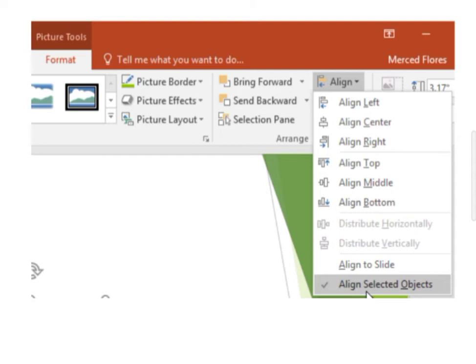First is left align. Left align the text towards the left side of the document. Right align the text towards the right side. Center align the text between left and right edges. Now the last is justify. Justify arranges the text evenly between left and right edges of the placeholder.